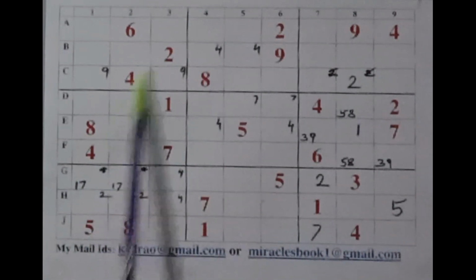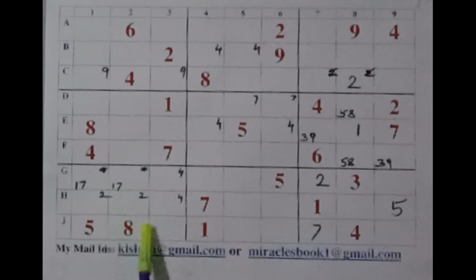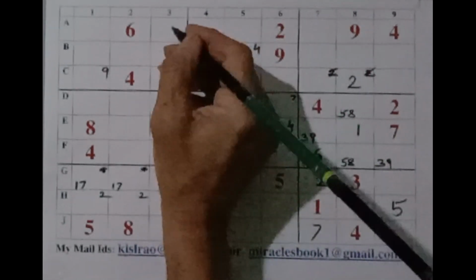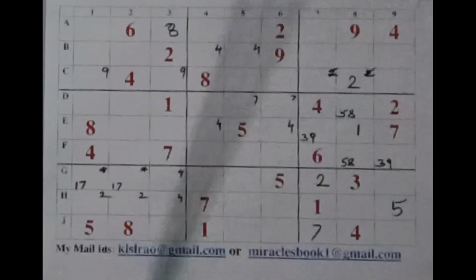Or look at this left vertical strip. We have an 8 here, 8 there, and an 8 here. That means this is a place for 8. Okay. And now